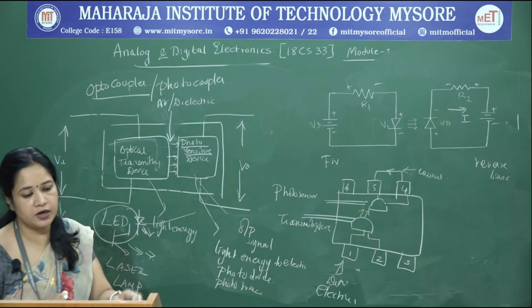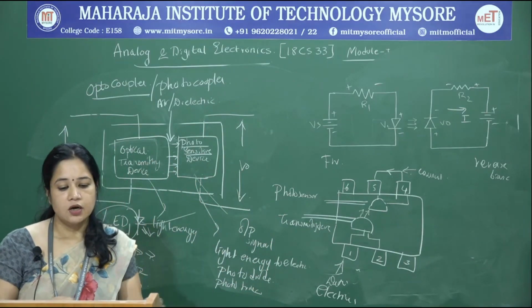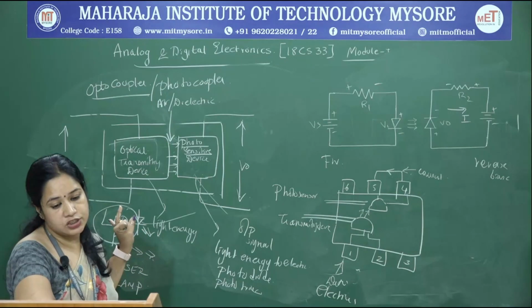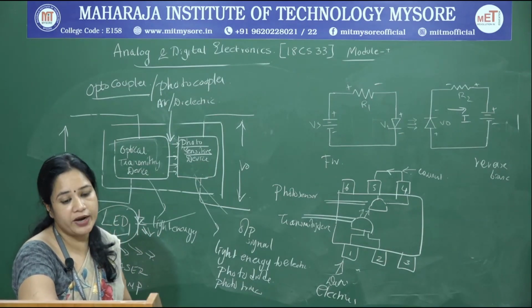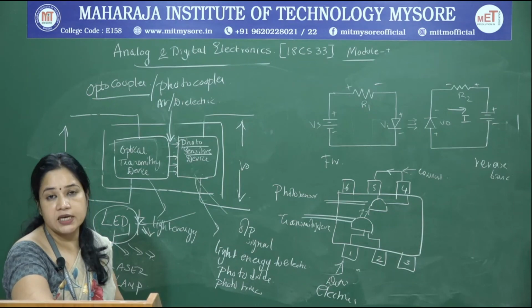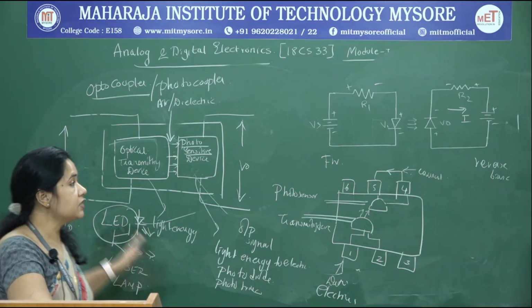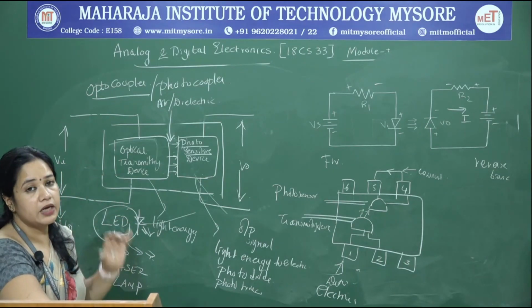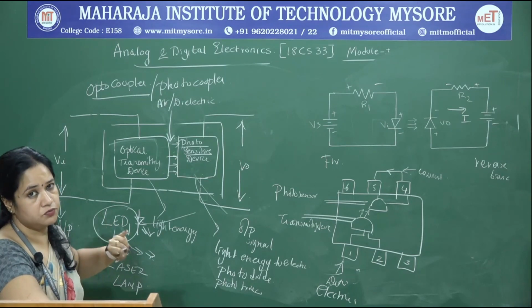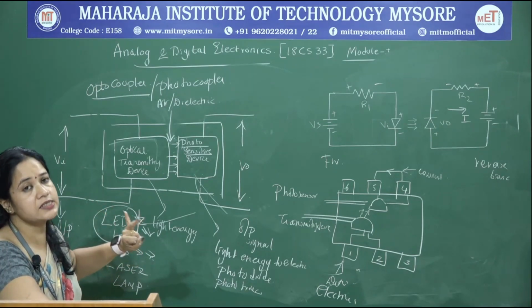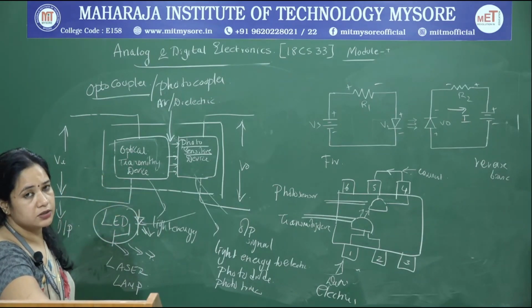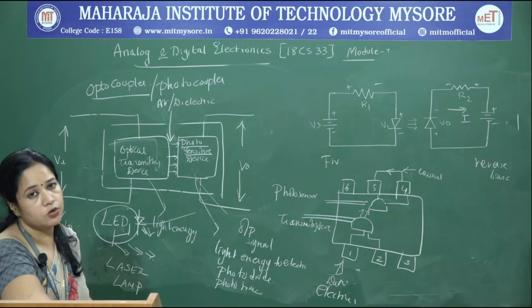So, the applications of your optocoupler include, as I said, switching from input to output in a noisy environment. It is used in switch mode power supplies. It is used to provide electrical isolation. It is used with PC and modem connections and so on. So, with this we are wrapping up one part of your module 1, wherein we were introduced to what a photodiode is, we looked into what an LED is, and we also looked into the optocoupler, wherein we try to couple the electrical signal from one part to another part by converting it into optical signals.